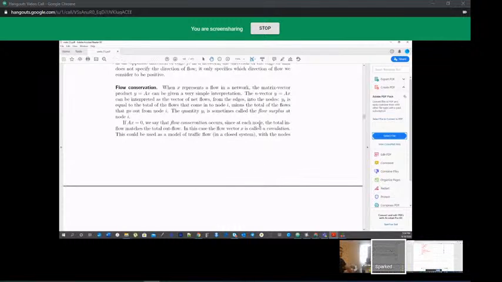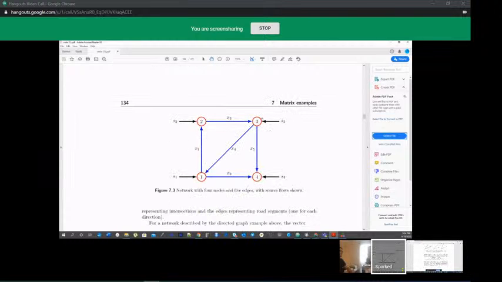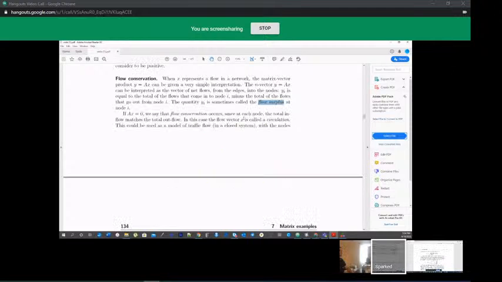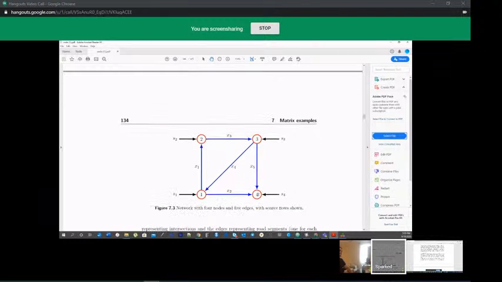Okay. So we have a surplus here then. Do we have a flow surplus of S1 plus S2 plus S3 plus S4? Is that correct? The quantity yi is sometimes called the flow surplus. Oh, and no, that's at a specific node. Yeah, at node i. So it has a flow. We're at this node. Yeah. What would